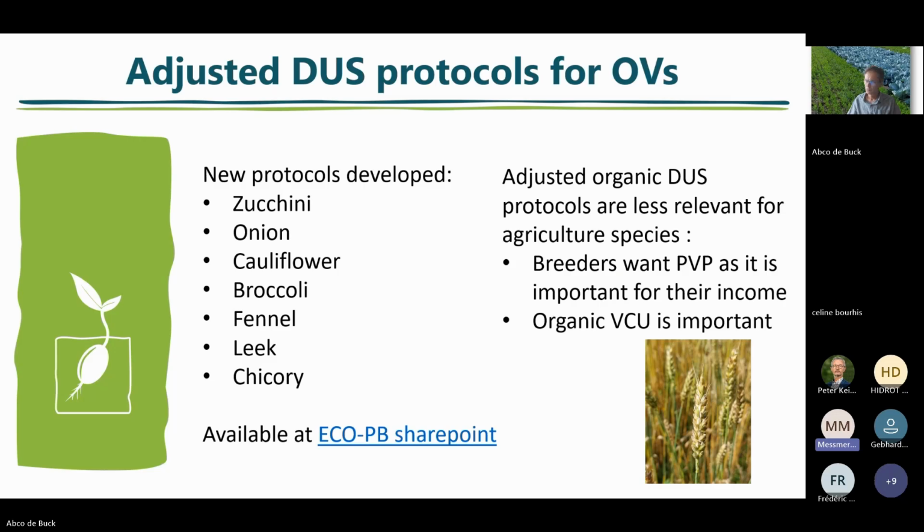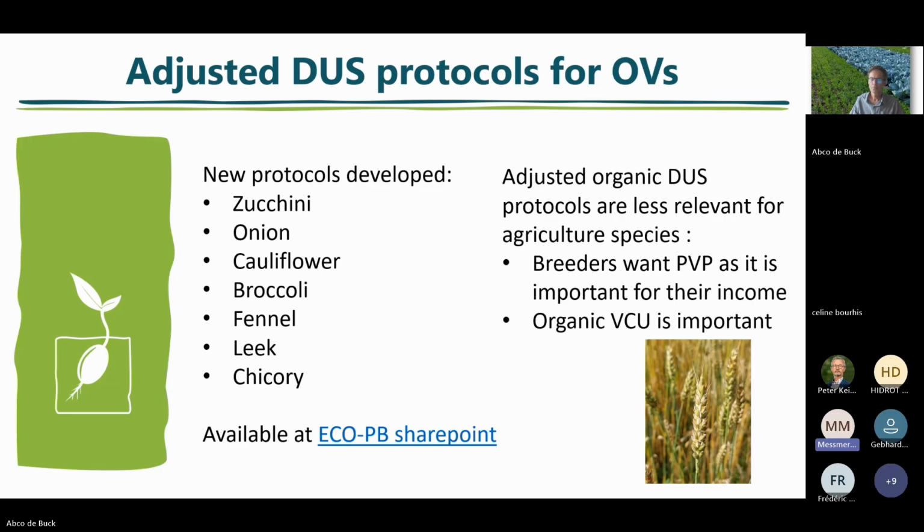more protocols are coming. We have been informing them that there was also a delay in application because, first of all, a procedure needs to be set up at the examination office, but also, as it's plant breeding, it needs time to have the candidates for variety application available. And I think there were some issues that also delayed or were a burden for the organic breeders to submit. One of them was that the definition of what is an organic variety and what is not was not really clear.